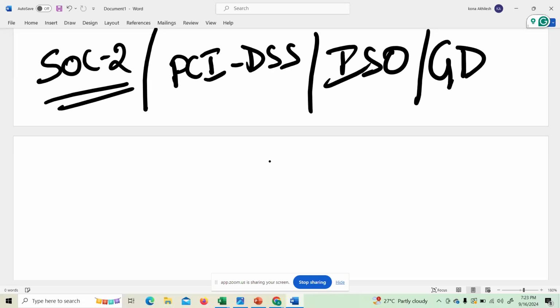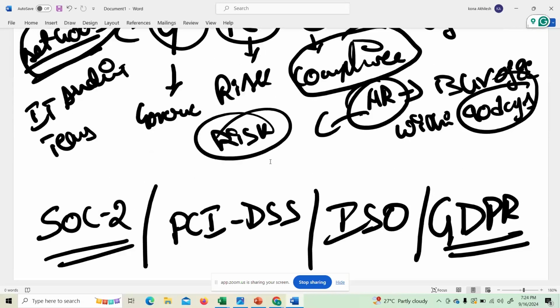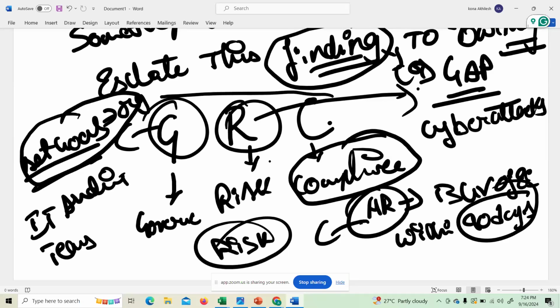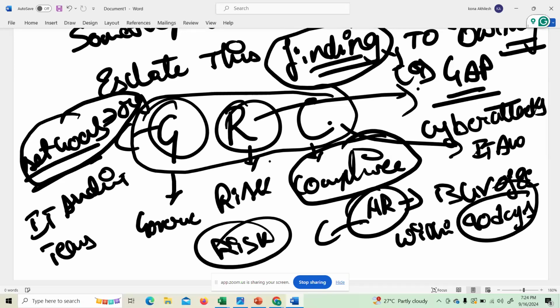And if we are into data privacy, we need to embed GDPR. There are n number of compliance standards, not only these four. So maintaining governance, risk, and compliance inside the organization is the main role of an IT auditor.